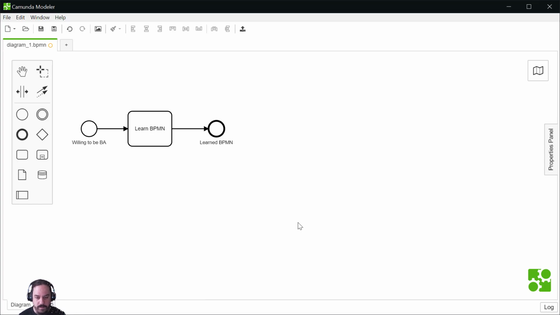The token gets processed and is output from the task, and is destroyed when it reaches Learned BPMN. When the token is destroyed, this process is completed. The token may be lifted to the parent process, and then it wouldn't be destroyed. That's a specific case.